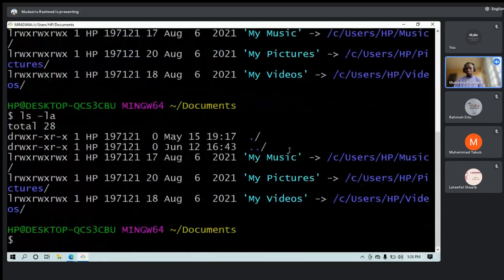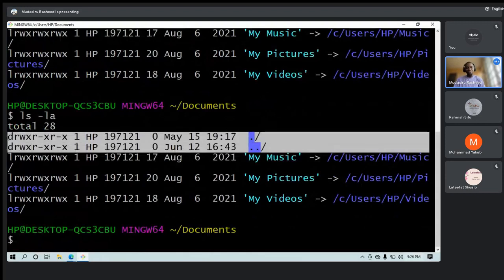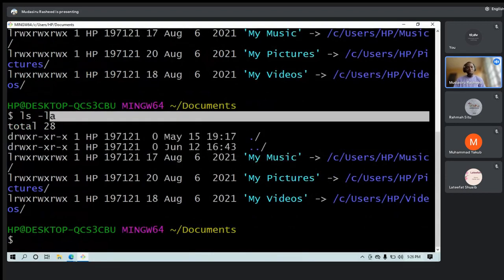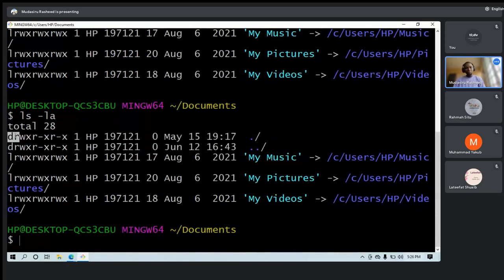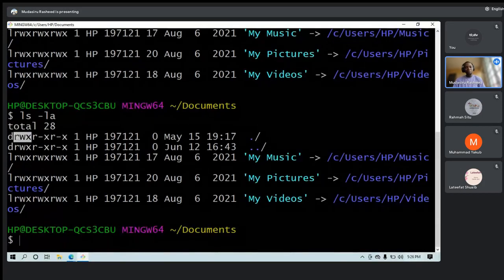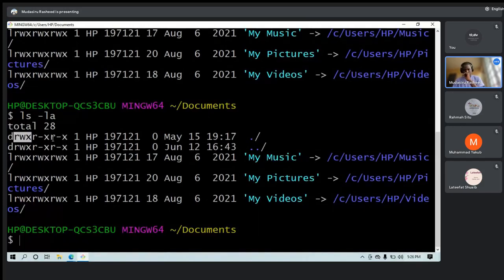You can see that the first one does not have this hidden one. It is because I added this A, that's why we have this. Now this one is telling us that it's a directory, and you can read, you can write, you can execute. That's what drwx means. You can read the file, you can write to it, you can execute it. Or the folder. Execute a folder means you can open that folder. Read the folder is also the same thing.